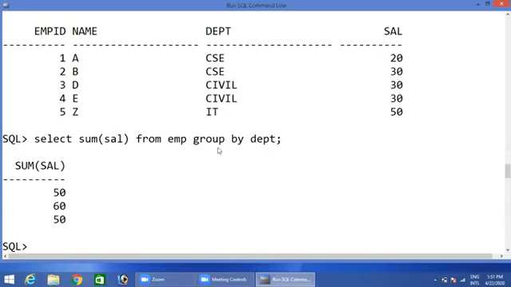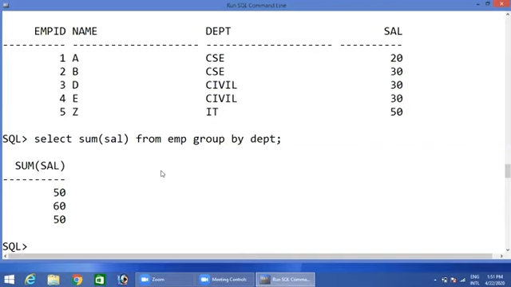So similar records, similar values it is going to combine. So like this example, group by. See, if you use group by, obviously one aggregate function must be used in the query. The last one is having clause. So this is really painful in SQL, especially while writing the conditions, on group by, where conditions like that. So now select sum salary from employee, group by department.